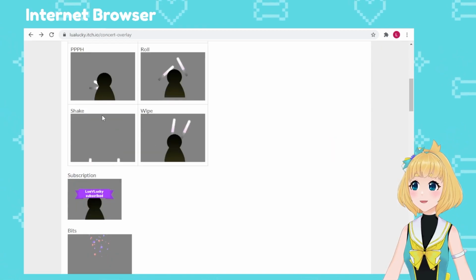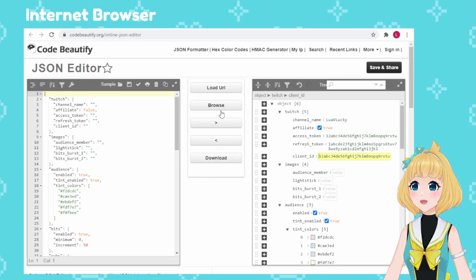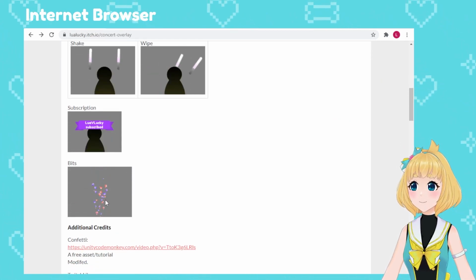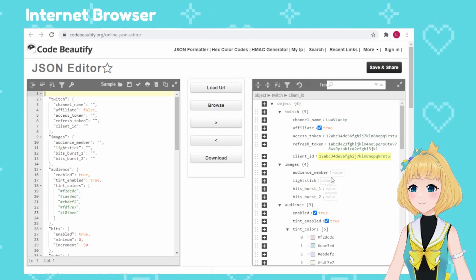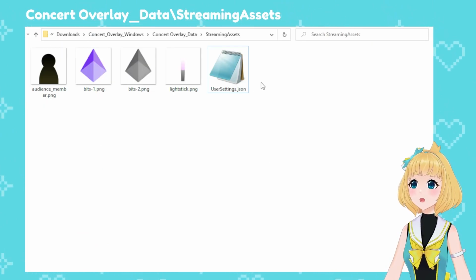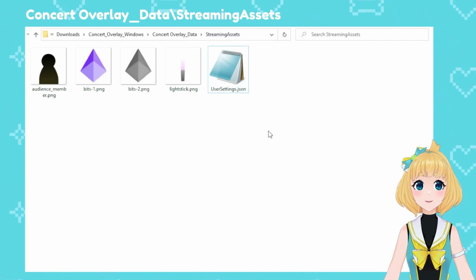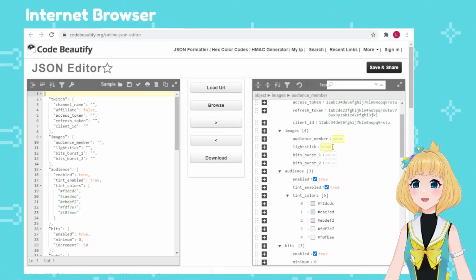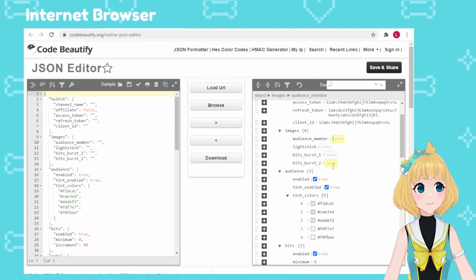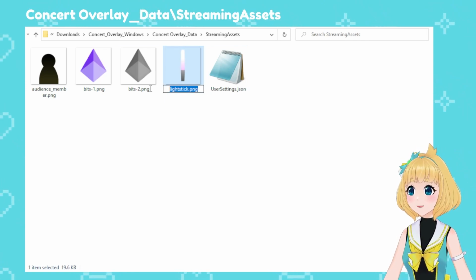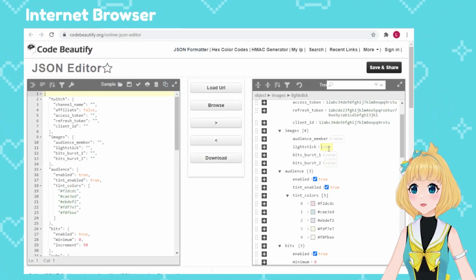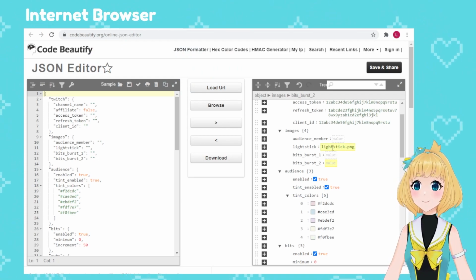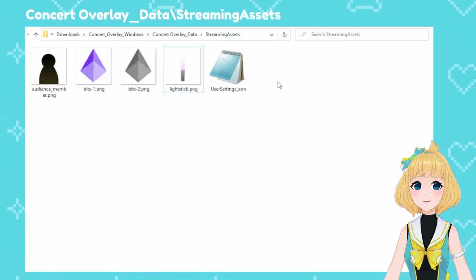The light stick is going to be the light stick that they're waving around. And these two bits burst images are going to be these little images that pop up when someone gives you bits. If you want to add your own custom image, you're going to put it here in the streaming assets folder. And you can name it whatever you want. You're just going to copy and paste that name into the fields in the user settings, okay? If in this case I wanted to use this exact image, I would copy and paste lightstick.png into lightstick.png. And I would just have to make sure that that lightstick.png photo is here in the streaming assets folder,